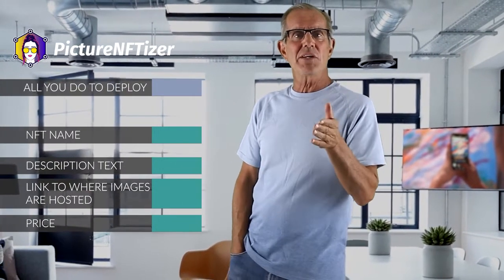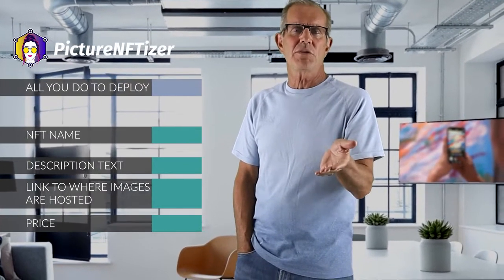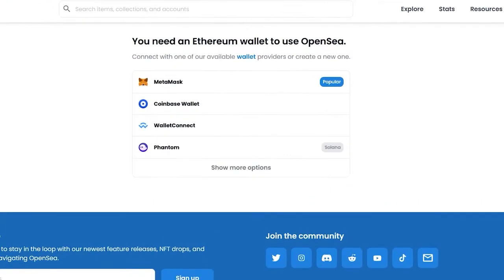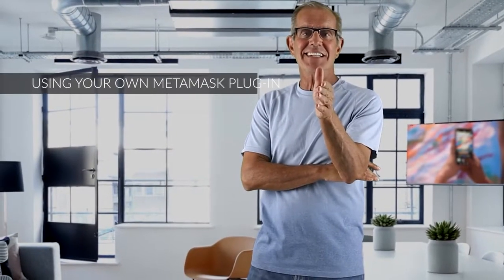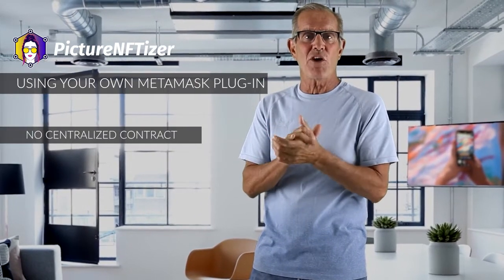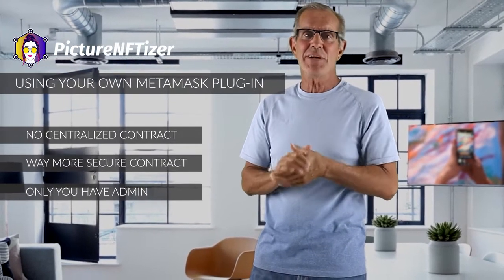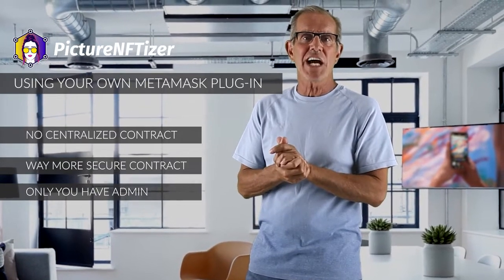The only external app that you will need to use for PictureNFTizer is the MetaMask browser plugin, which is available for both Chrome and Firefox, and it can be downloaded for free from the official app stores for them. And using your own MetaMask gives you full ownership and control over your NFT blockchain contract. And it means that unlike OpenSea, PictureNFTizer does not use a centralized contract for all NFTs of its users and does not even have admin access to it. And it makes your contract way more secure because you'll be the only one who can change any contract parameters